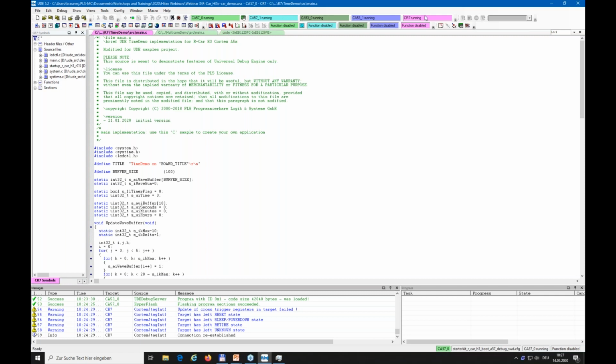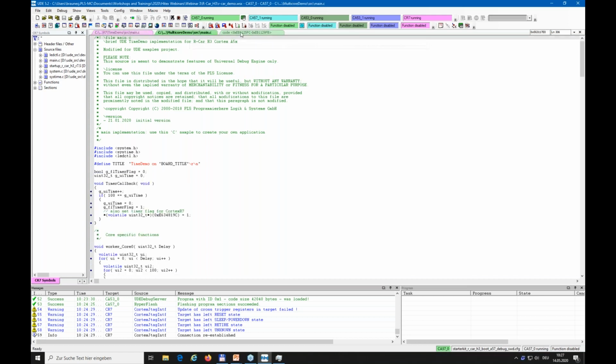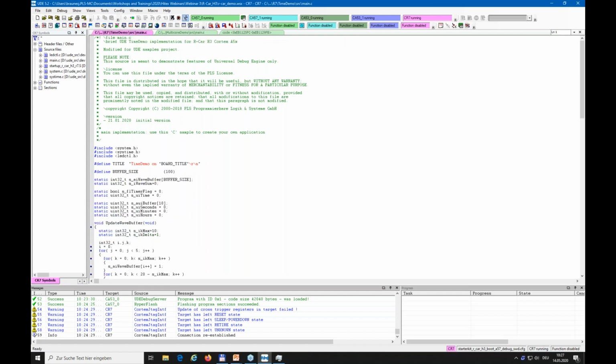Every core is colored here, and you see also on the windows that all the windows which are core specific are colored by the same color. So the green windows belong to that core, and the pink belongs to the R7 core, and so on. And maybe for the green core, I select that, I click on this button here, then you see here the core is changing, or on the